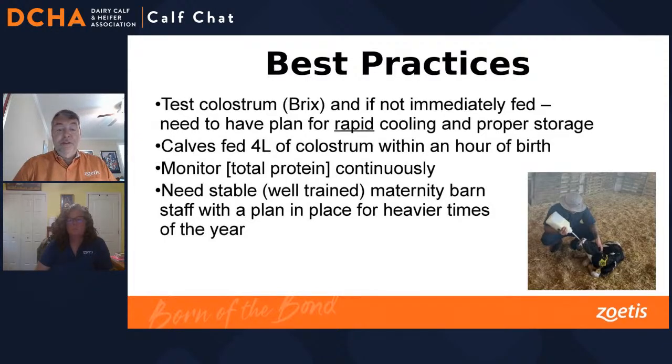There's a lot of employees that work on dairies now. Sometimes I have farms that are doing really well with colostrum management. And then we have what I would call employee drift, where we have somebody different, or we go back to doing it a different way, and suddenly things fall apart. So I like to make sure that we're monitoring total proteins continuously, just to make sure that we're doing well there. And if possible, we need really stable, well-trained maternity barn staff with a plan in place for how we are going to staff that